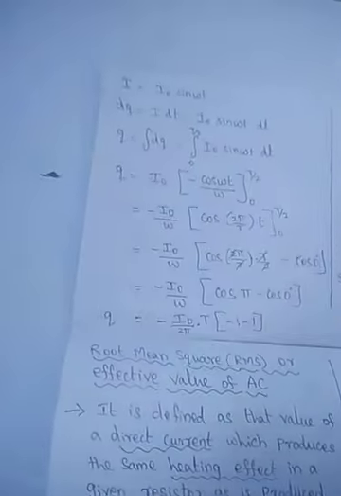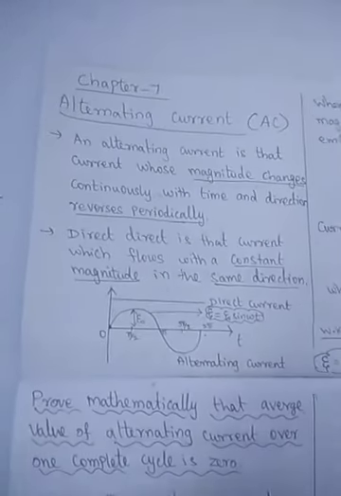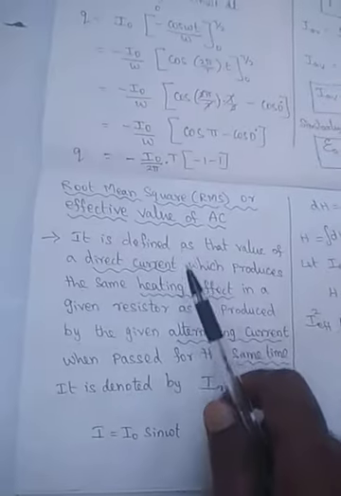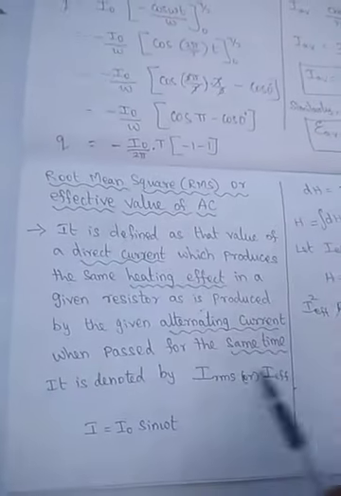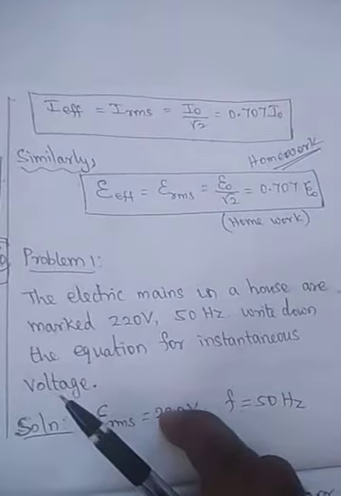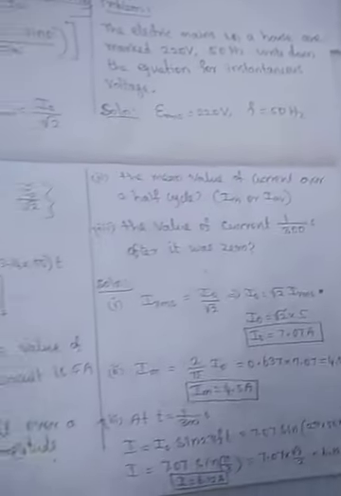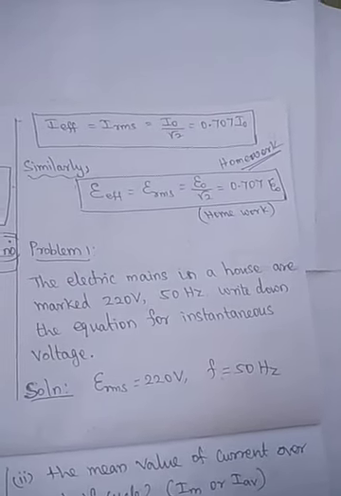So in this session, this is a long session, so don't get confused, students. Alternating current: what is alternating current? Equations for alternating current, for one complete cycle the average is 0. For the mean average value, we arrive at some solutions, but the solution is only for the half cycle. So again we moved to the root mean square value for the one complete cycle. So successfully we arrived at the expression I RMS is equal to I naught by root 2, E RMS is equal to E naught by root 2, and we have solved some problems. So complete the homework given in these sessions in your classwork note.